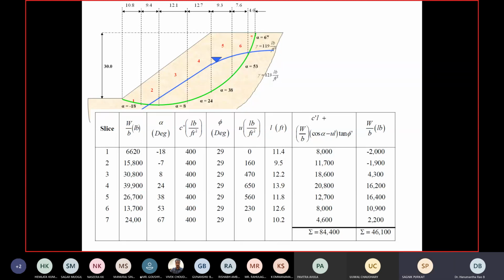So this whole exercise one needs to practice when you take up the slide, and just try to understand the intricacy. When you take only 7 slices, this is the enormous calculation involved in it. Just imagine if you are taking say 100 or 200 or even more slices, how difficult it is to calculate the weight and resistance component corresponding to each slice. So it takes an immense amount of time.